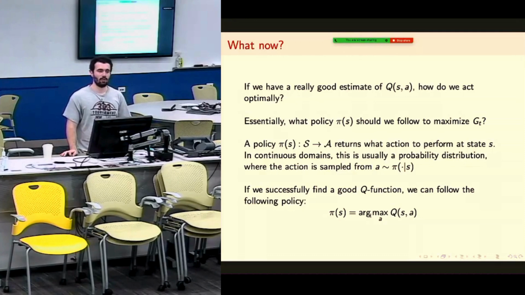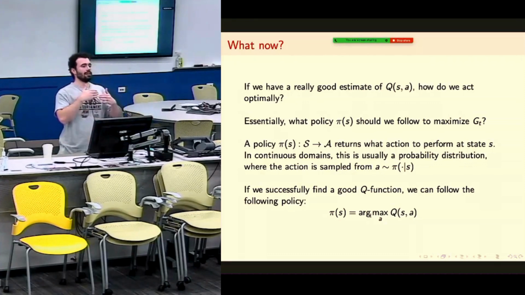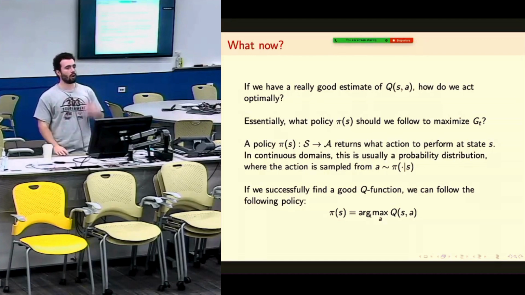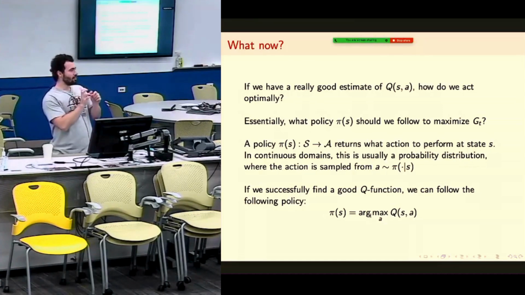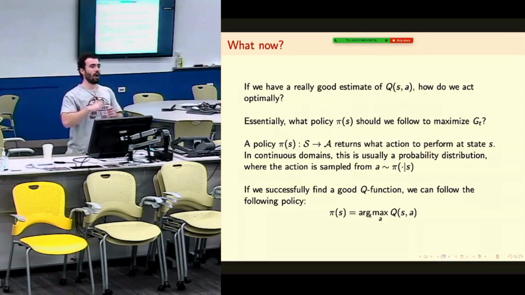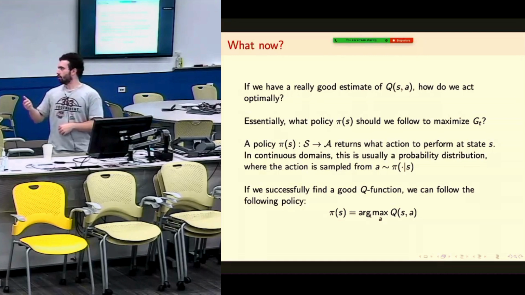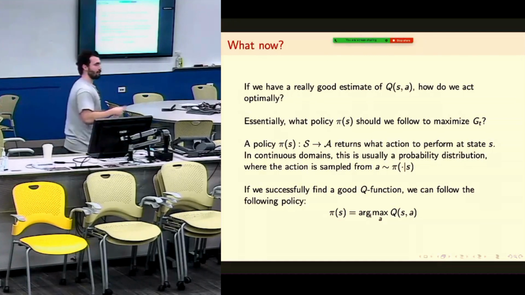Does that help me in any way to act if I know what the Q value is? You know what actions you take. Exactly. So you don't care what the maximum Q value is, you care what action led to the highest Q value. So argmax tells you what thing gave you the highest value, not what the highest value was itself. So for people that are learning computer science, if you have an array and you take